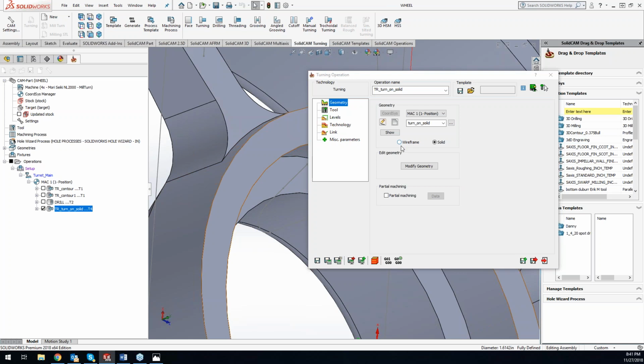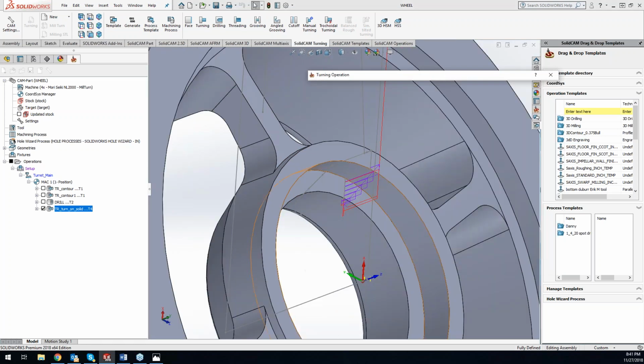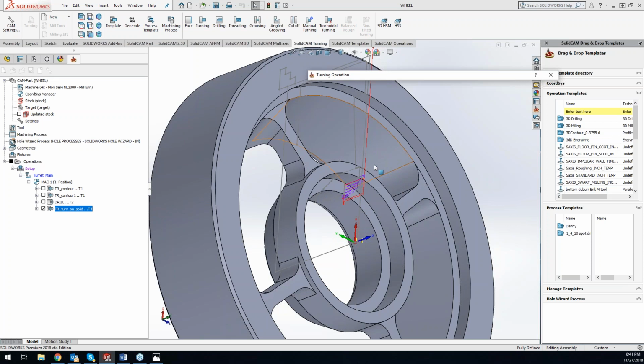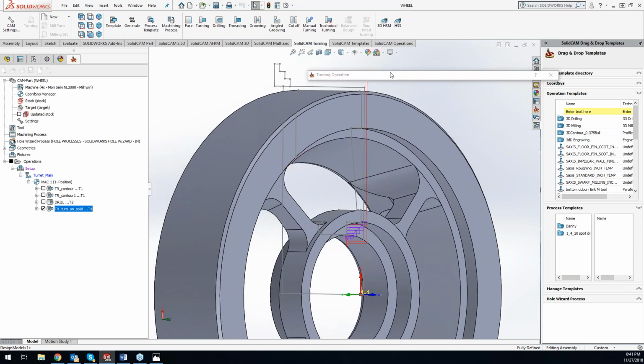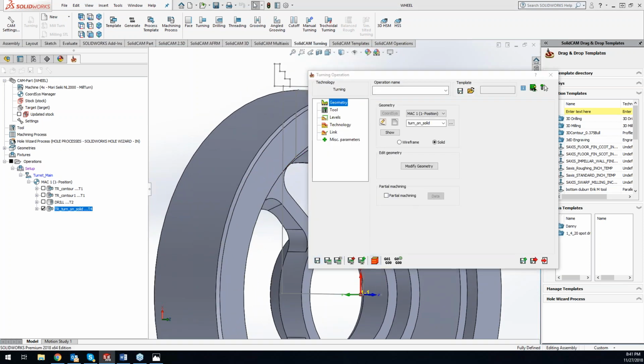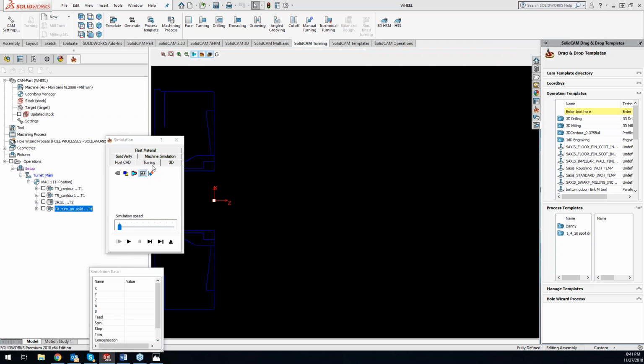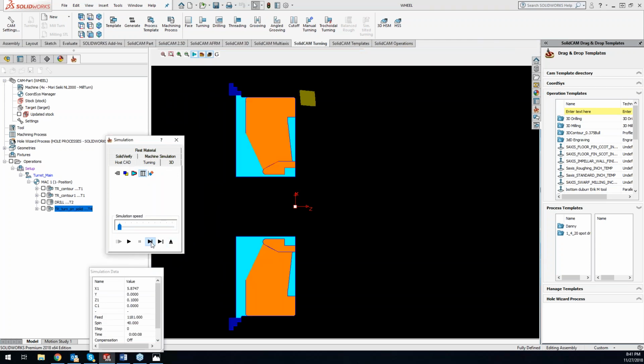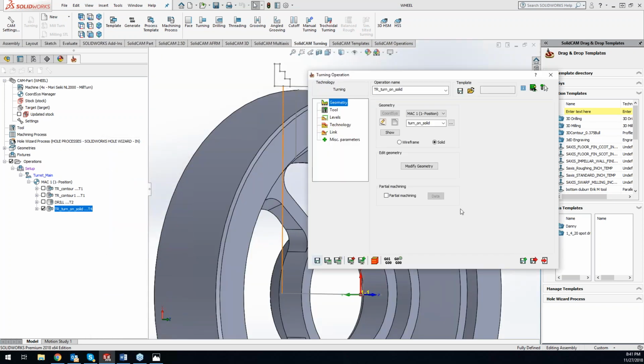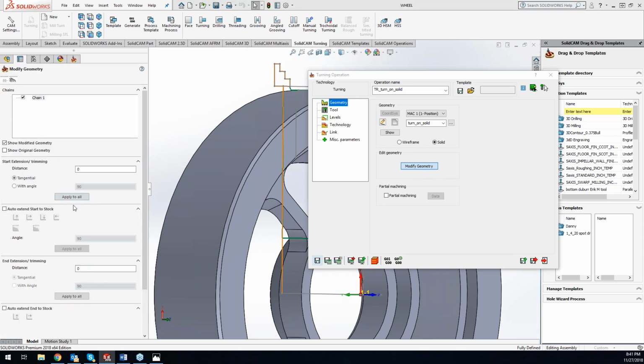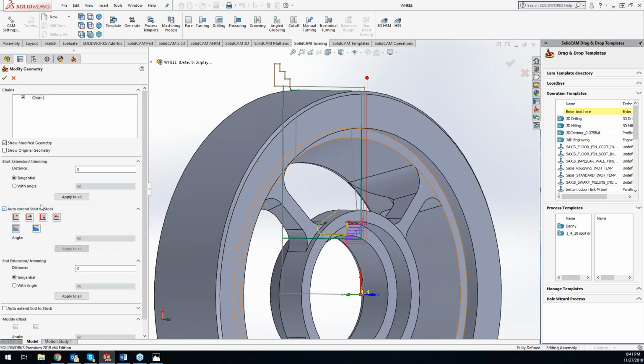Well, oh, it did give us something. Why didn't it show us? Simulate. So let's do modify. Auto start. 0.05. And